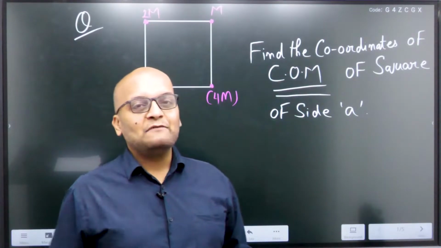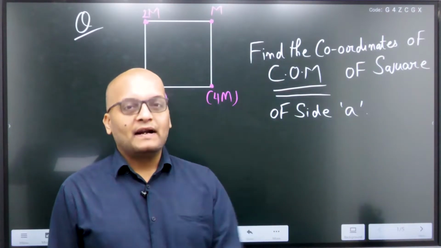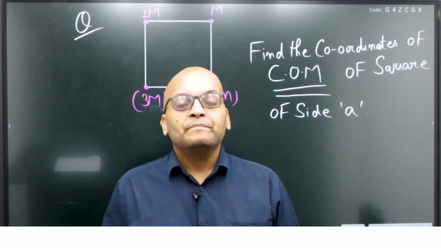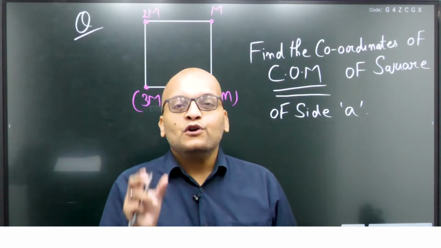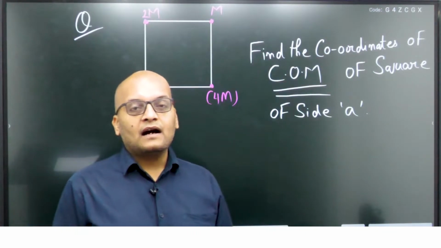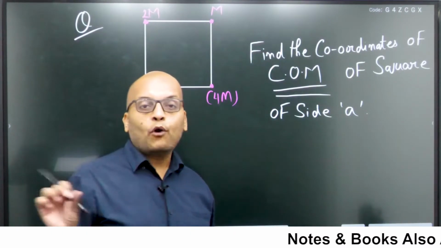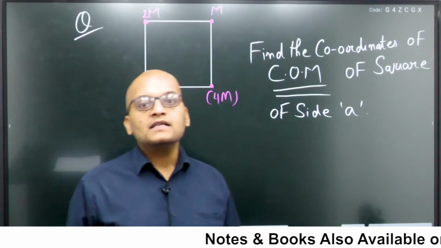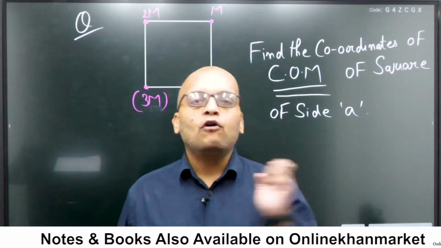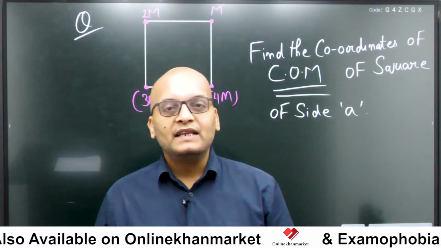So students, last time we started with a new segment of class 11th NCERT, system of particles, and we discussed center of mass in that segment. I told you that from here our journey to rotational mechanics has started. Last time we concluded our class with a numerical, and in that numerical I told you that if a body is given whose coordinates are not mentioned to us, but we need to find the coordinates of center of mass, we can take any one end of the body to be the origin. And in reference to that point we can find the center of mass.